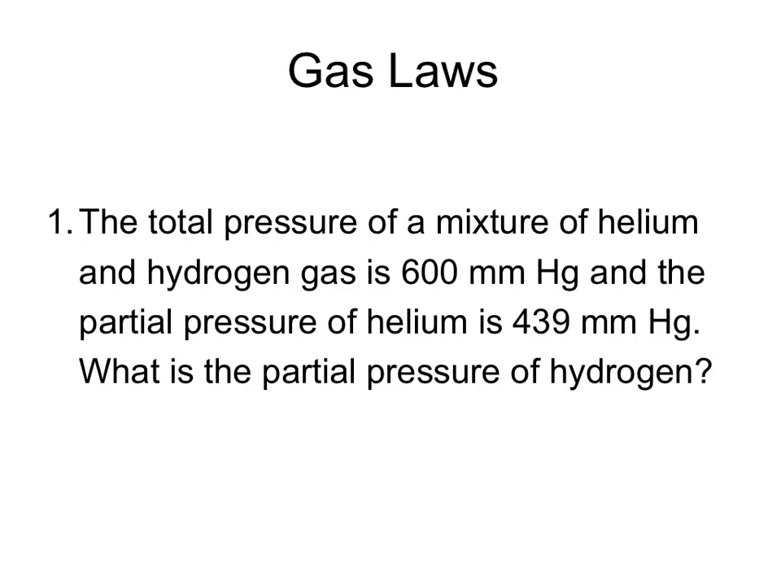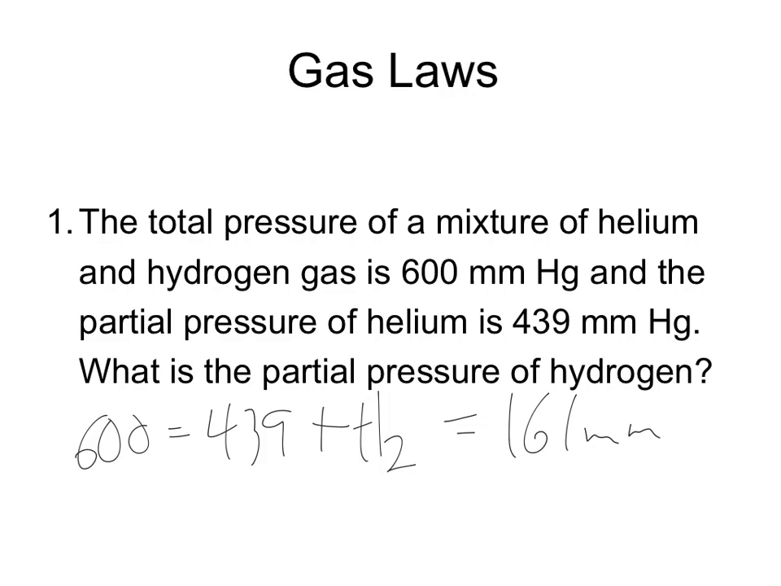What is the pressure of the hydrogen in a mixture of 3 gases? Okay, the total is 600 millimeters, and we know that the helium is 439. So the total is 600, helium is 439, and the question is, what's the hydrogen? Well, we would do 600 minus 439, and we'd find that the hydrogen gas is equal to